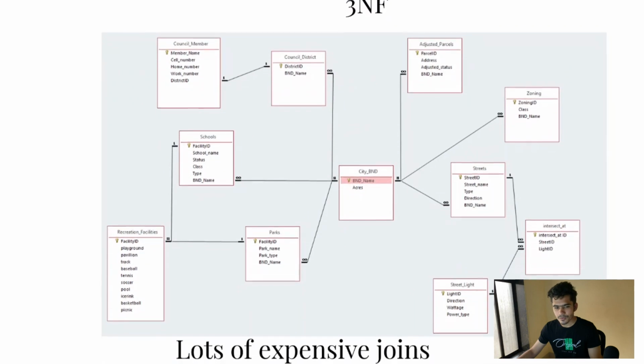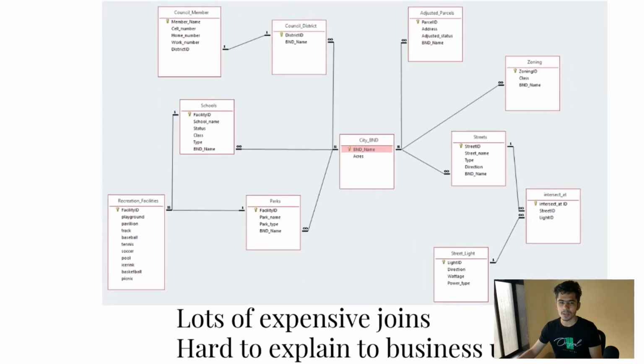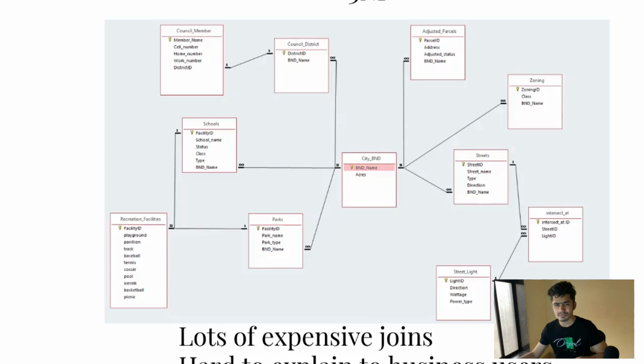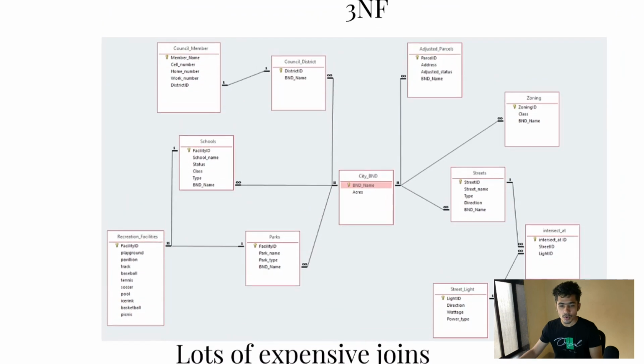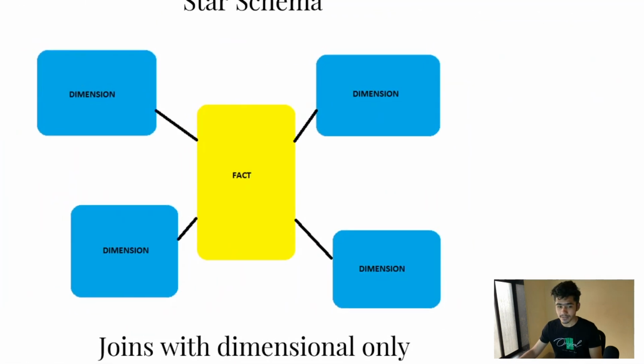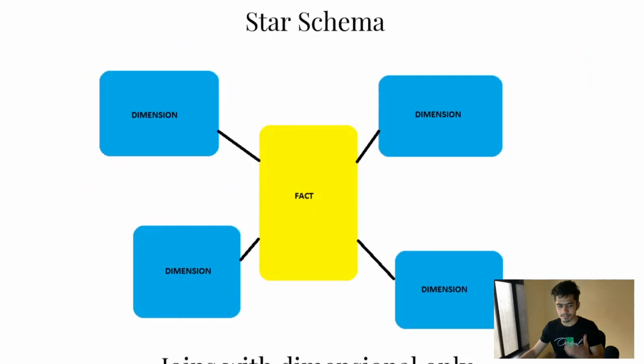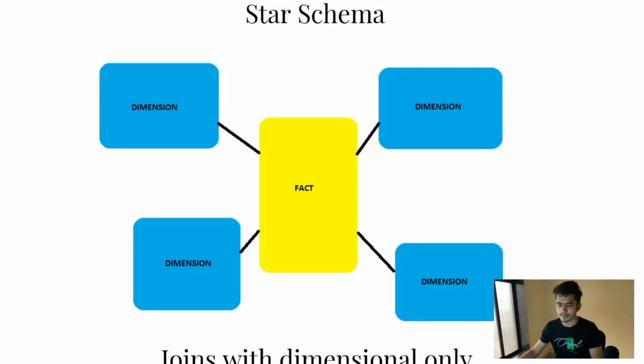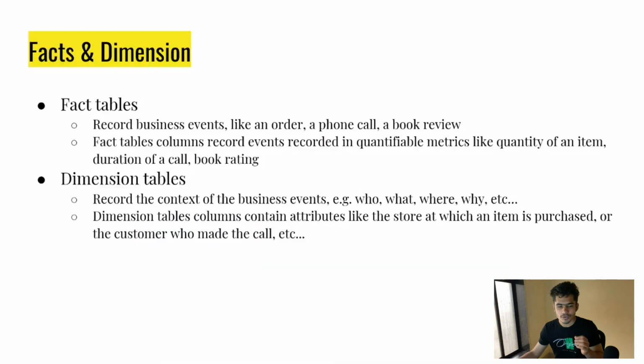And if you try to explain this to a business person, okay, who is coming from an MBA background or just has no technical understanding, he will get lost and he won't understand anything we are trying to explain. So it is quite difficult to explain this to business users. That is the reason we have the dimensional model, and there are different dimensional models we're going to talk about. So let's understand what fact and dimension tables are.